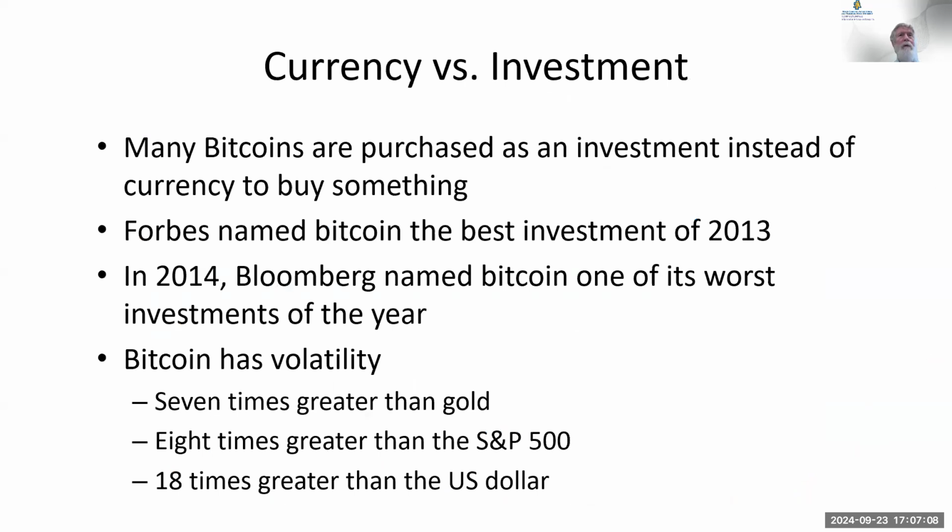Why are people using Bitcoins? Well, Bitcoin originally was thought to be a means of purchasing. It would be currency. You want to buy something with Bitcoins. Well, that rarely happens. People tend to use Bitcoins for investments. I think you saw in the beginning, Bruce Schneier, who's an expert in cryptography, thinks that Bitcoins are useless. Bloomberg investment company thinks they're useless. The volatility is amazing. They're 7 times more volatile than gold, 8 times more than the standard. We'll take a look at some charts.